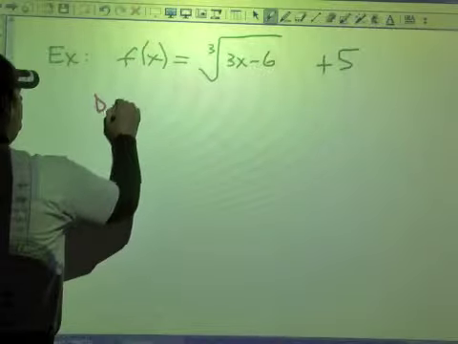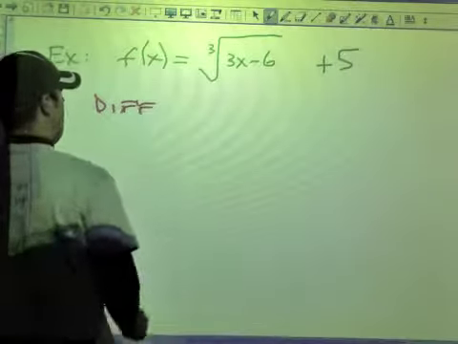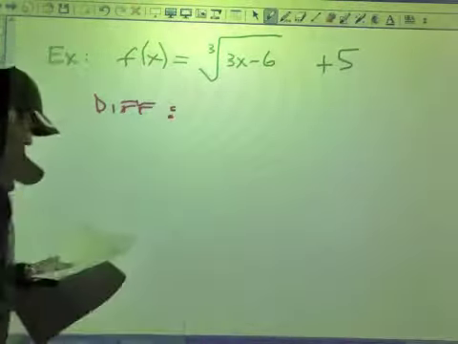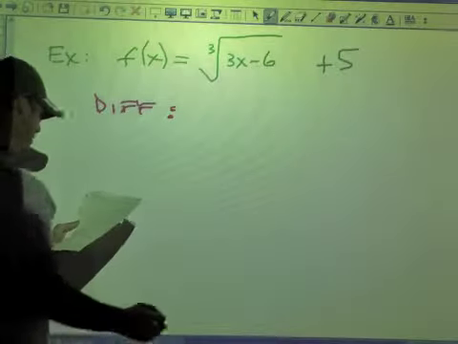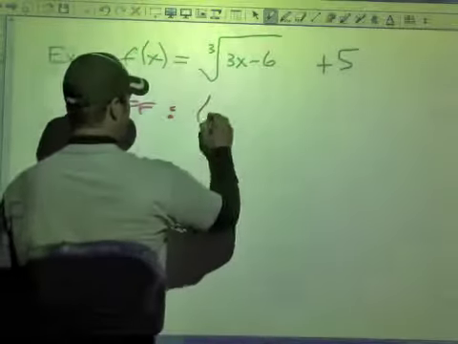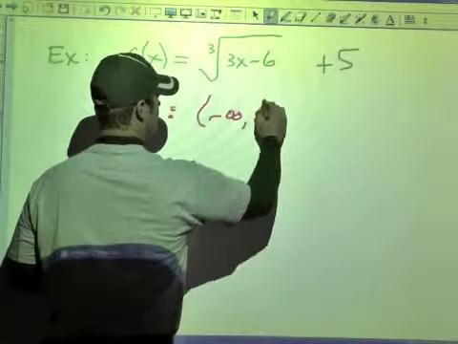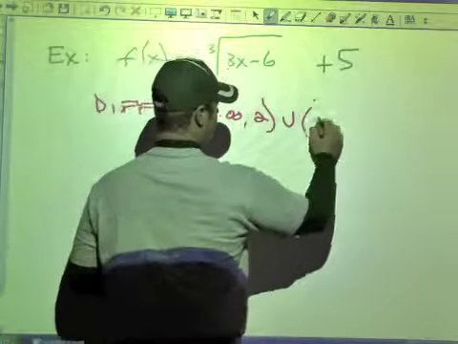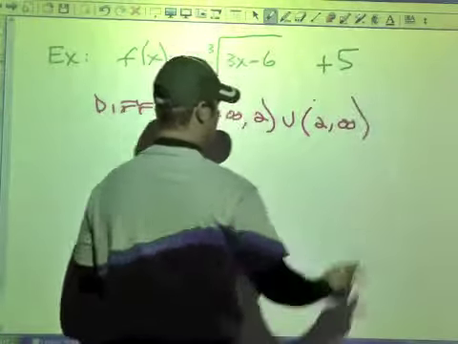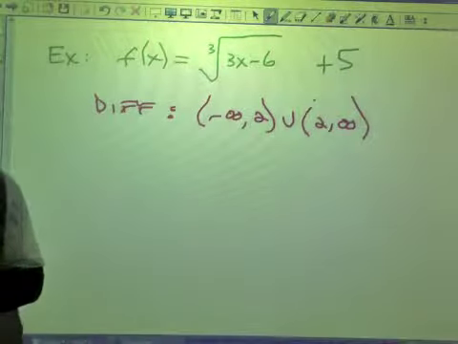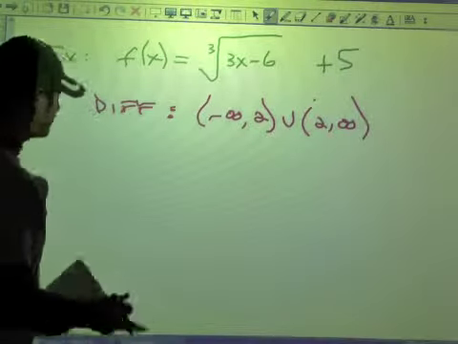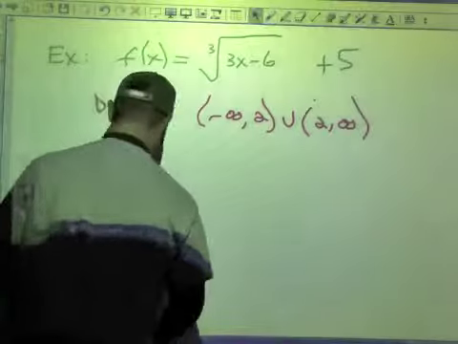It's differentiable, which I'll just abbreviate DIFF. It's differentiable on the interval from -infinity to 2 plus the interval from 2 to infinity, which basically means it's differentiable everywhere except for 2. Okay? Another important theorem